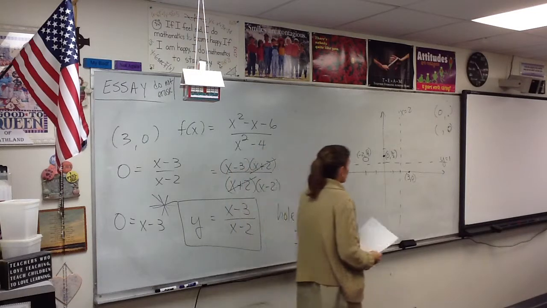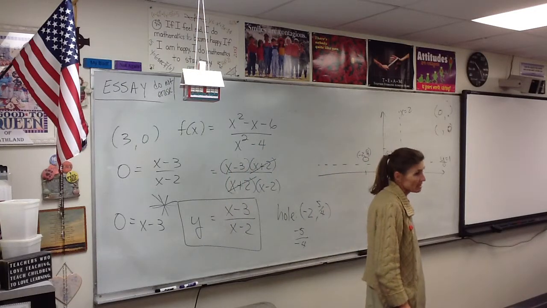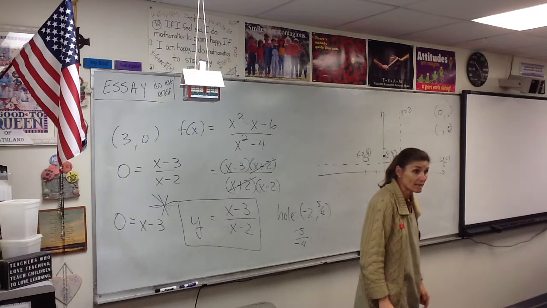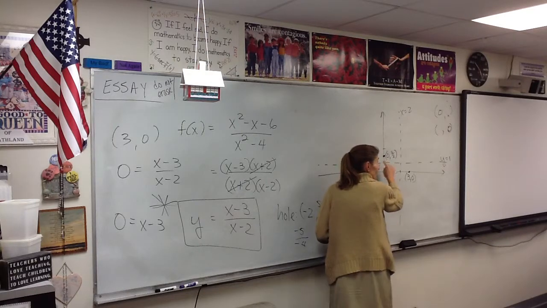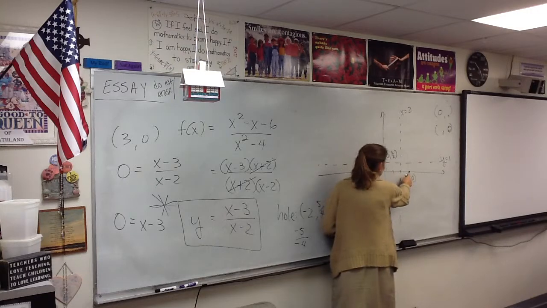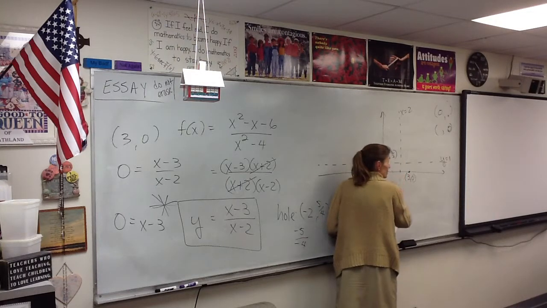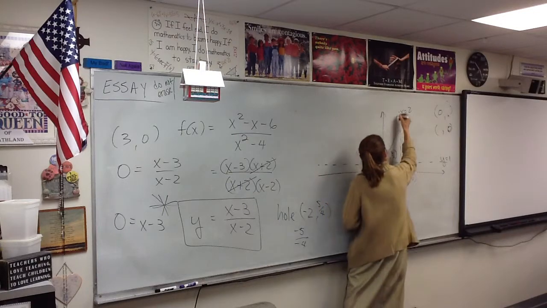Now, we've sketched enough of these for you to have some sense of what it looks like, especially when you see these 2 points right here. They have to be connected, kids. Now, not that one, because you can't cross the asymptote. But these 2 have to be connected. And if you just continue with